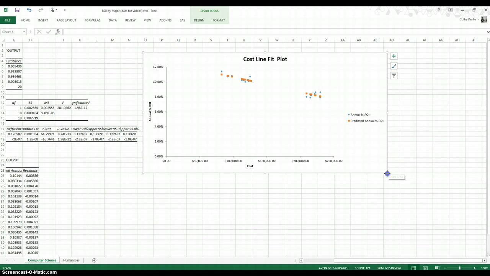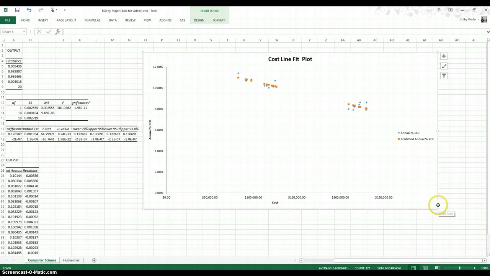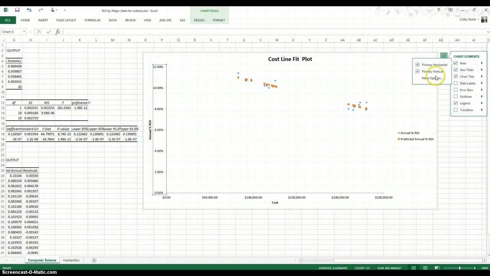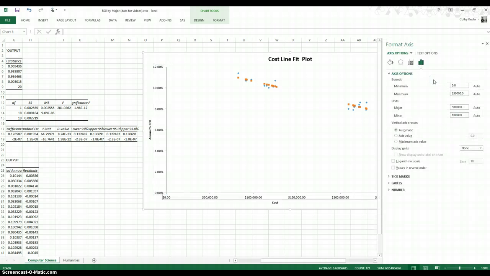So let's make that a little bit bigger, easier to see, and you'll notice we have a lot of unused space here, so let's adjust our axes so it's easier to see. So here on the vertical axis, we really don't even start till somewhere around the 7% mark. So click on one of those numbers, go to plus, axes on the arrow, select more options. And here for the minimum, let's start at 6%,